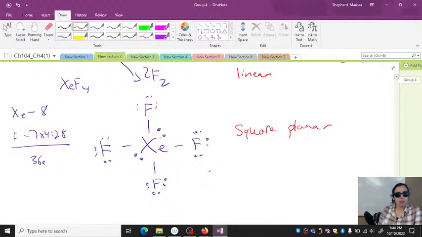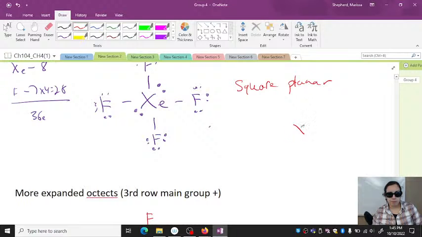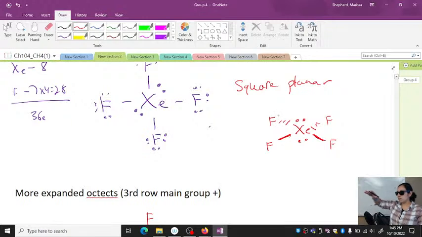And so these fluorines would kind of be just in a plane with the xenon, like a flat piece of paper, and then the electrons would be above it and below it there. I could try to redraw that in 3D. Again, I'm a terrible artist. So my wedge is coming out of the plane of the board, dash is going behind, so you can kind of see it in 3D. So both ways, just different orientations.